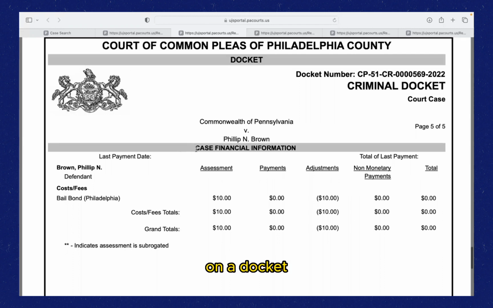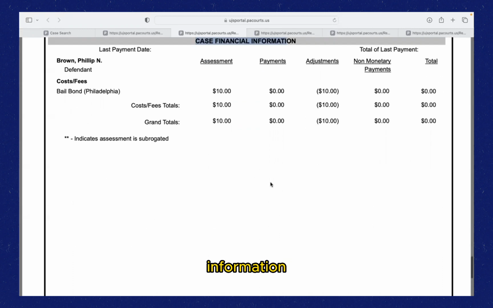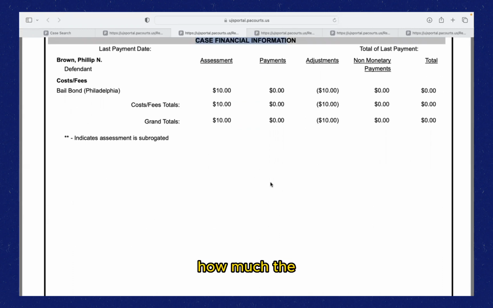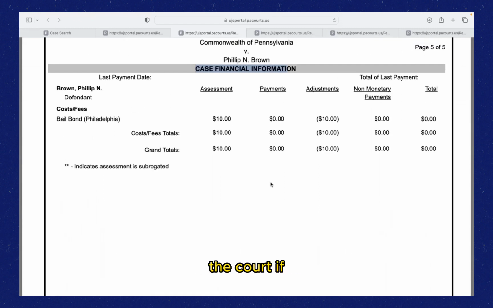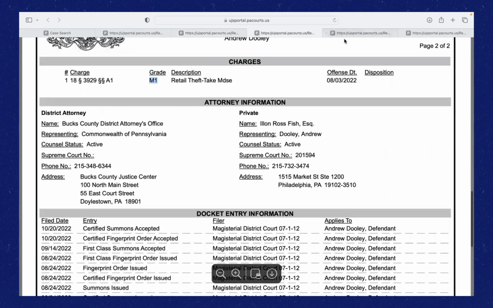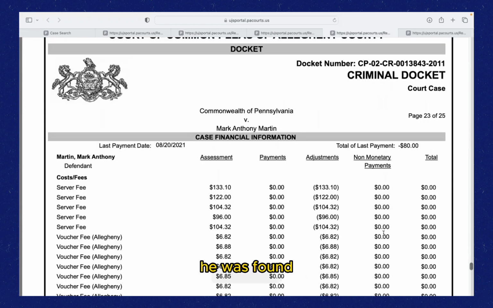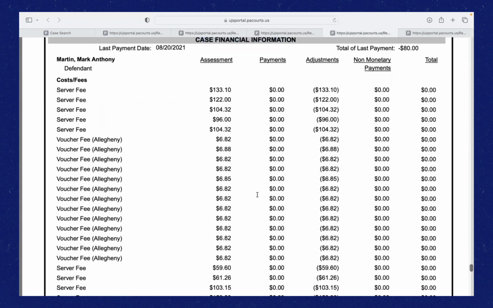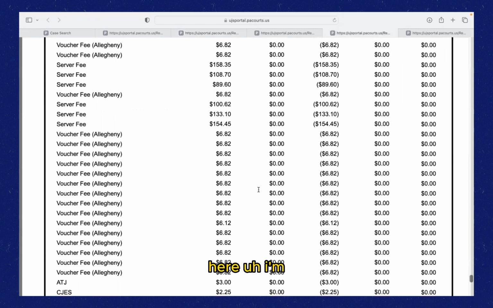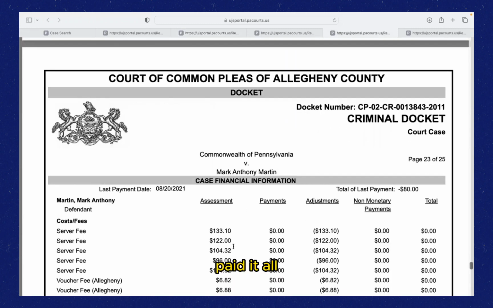And the final thing on a docket is going to be just financial information. It's just going to say how much the defendant owes the court if they're found guilty. They're going to get a bunch of prices added on here that they have to pay. And I can actually pull up, I'm guessing he has a lot of charges because he was found guilty. Yep. So you can see here, and I'm not sure if he's actually paid it all off yet,